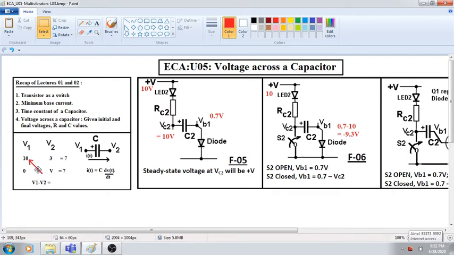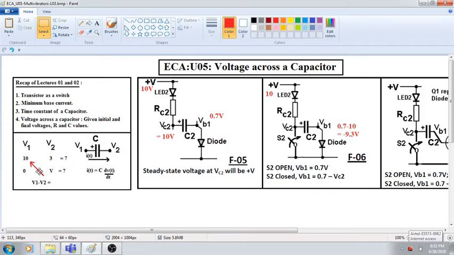The difference was 10 minus 3, which is equal to 7. The voltage across the capacitor was 7 volts. Now this 10 has suddenly become 0. Now if this has become 0, we have to find out what is the new value at the output